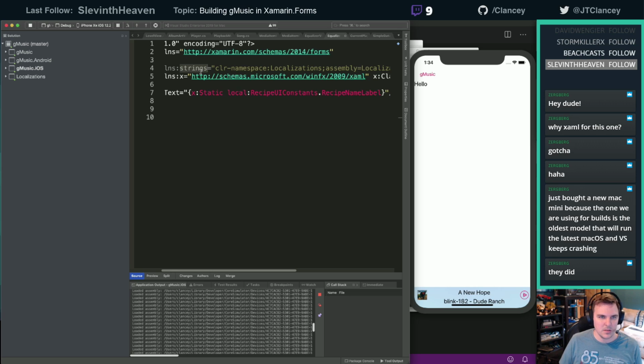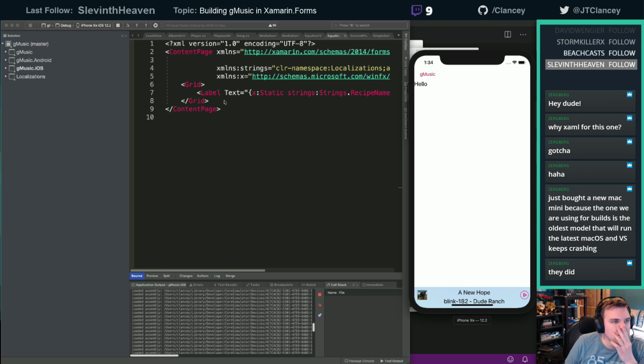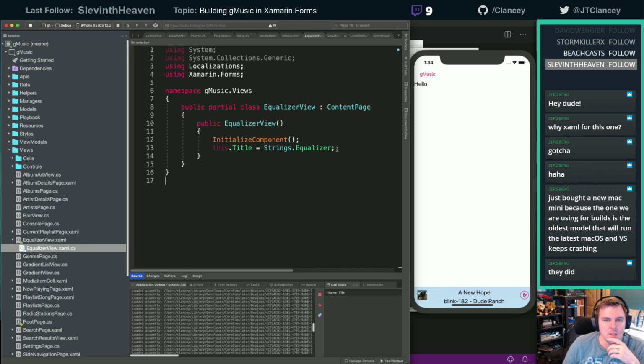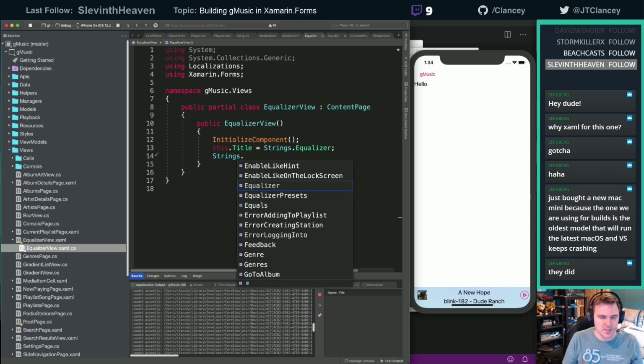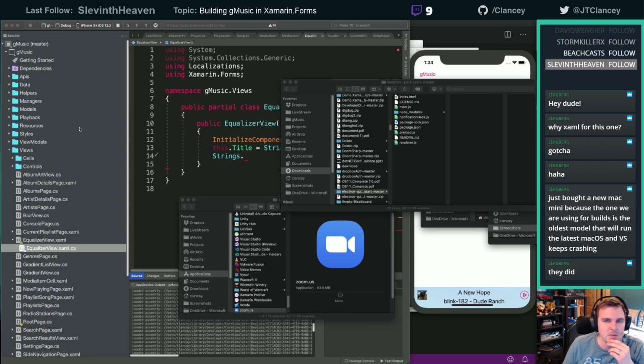So now we'll just say strings. And I don't remember what that title is. This one is called active, but I don't know what it's called inside of the other thing. Hold on. Let's go to the code behind to check. All right, so if we go into here, we can say strings.accept. Okay, I might have to go check the old code because I don't remember what that's under. So close a bunch of things I don't need.